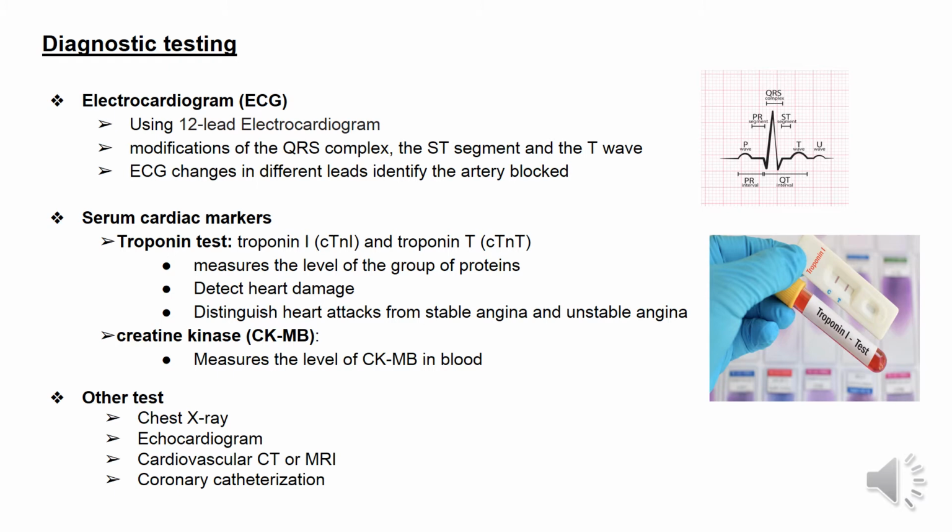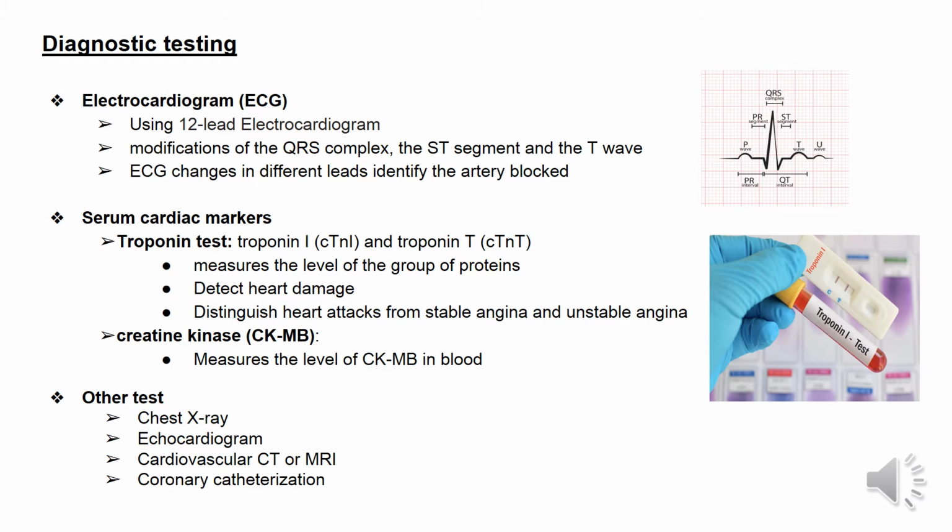A STEMI ECG would indicate an ST elevated segment and an abnormally wide and deep pathological Q wave if the infarction is severe and the area affected is large. This often indicates a complete coronary occlusion. An NSTEMI graph will display ST depression along with T wave inversion, which are indicators of ongoing myocardial ischemia. The graph may also display an abnormal Q wave. If an ECG shows no STEMI but the troponin levels are normal, it will be categorized as unstable angina and treated